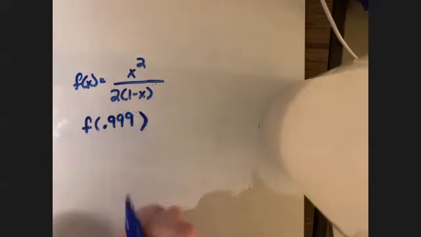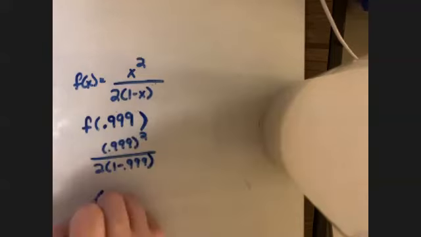So I can do 0.999 squared over 2 times 1 minus 0.999. And we get 0.998001 over